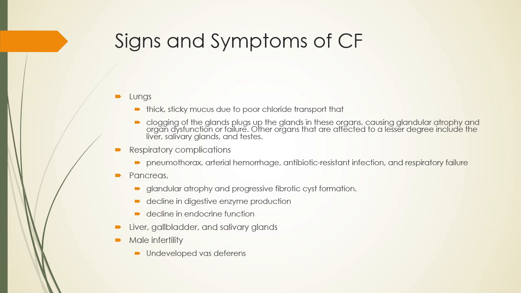And chronic respiratory infections, lower respiratory infections such as pneumonias and bronchitis. Also, the alveolar compliance will be decreased, of course. So patients may also develop lung pneumothorax, arterial hemorrhage, and also may even